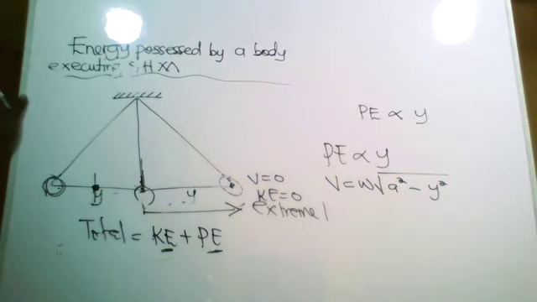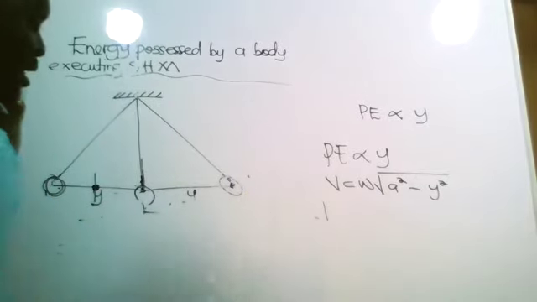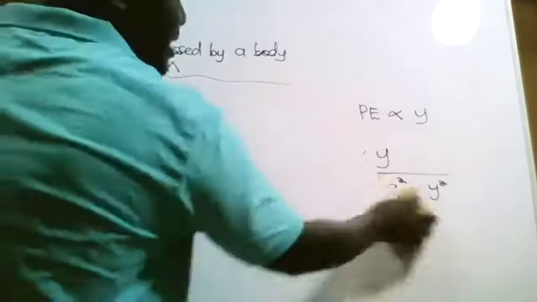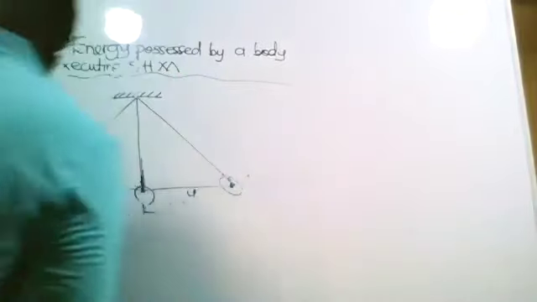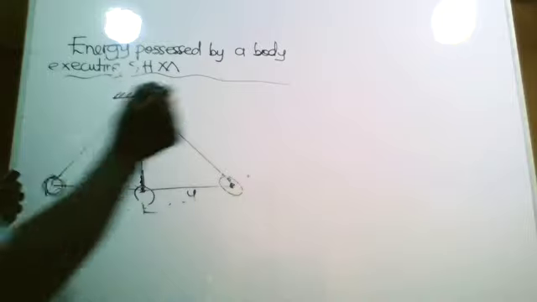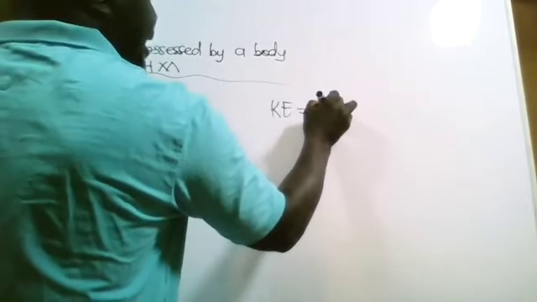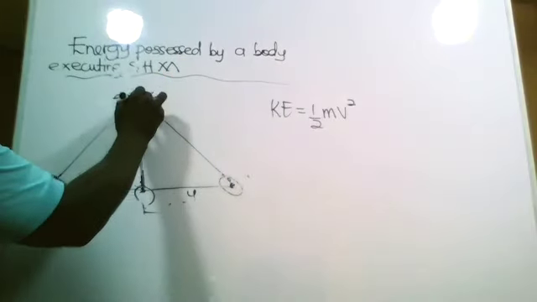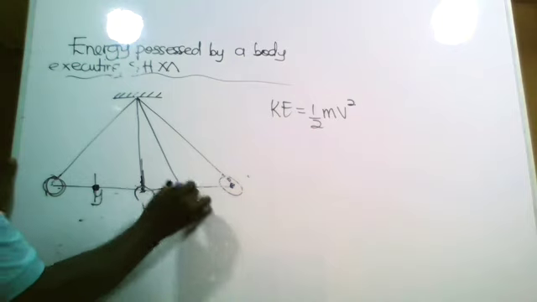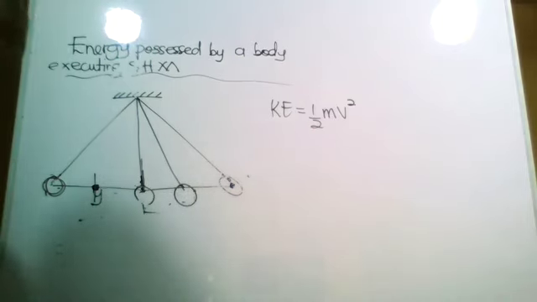Sorry, it is by virtue of the body's velocity. So if you want to determine the kinetic energy at any point, KE is equal to half mv squared. So when the body is here, and I'm to calculate for